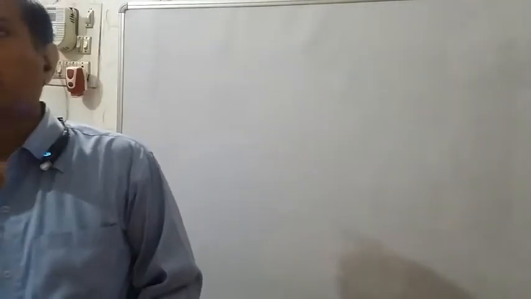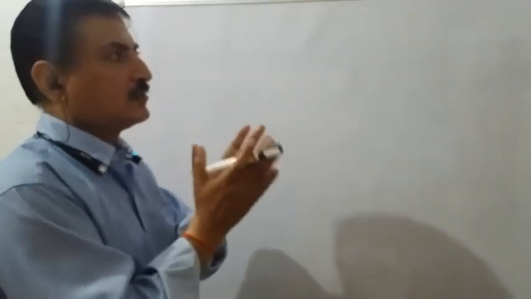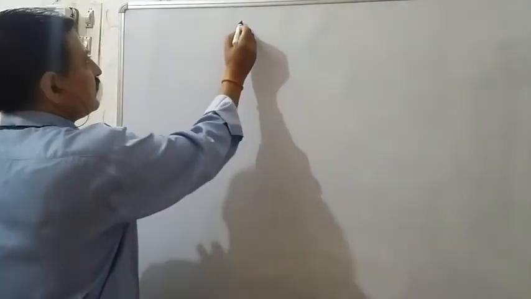Today I'll explain to you the types of similarity in similar triangles. Already I explained the difference between similar triangles and congruent triangles. All congruent triangles are similar, but all similar triangles are not congruent. That I will also clarify with a figure. First, suppose two triangles have been taken,